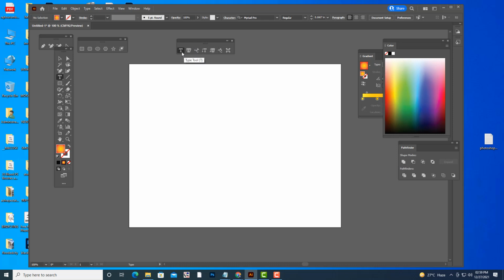We will be using the first one and the type on a path tool. First we'll see how we can use this type tool. Normally if you click here, some words appear. You can remove those words and type your own text, say animation center.